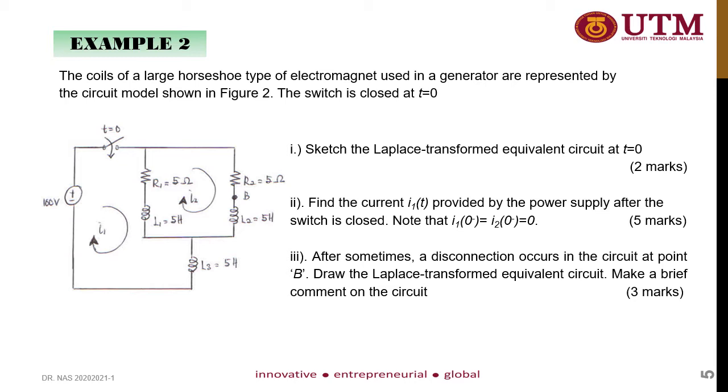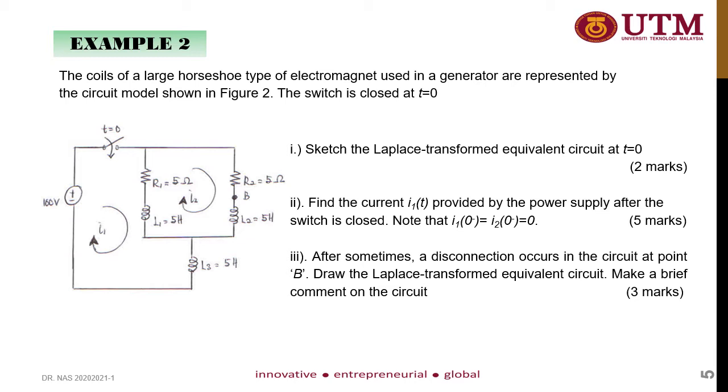So you need to find i1(t) when t is larger than 0, when the switch is closed. So now you have the complete circuit, and you need to use the loop current analysis to